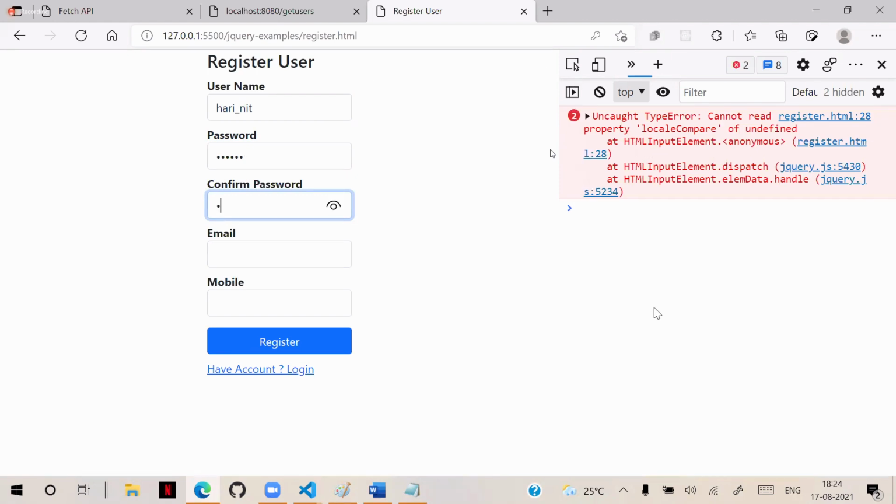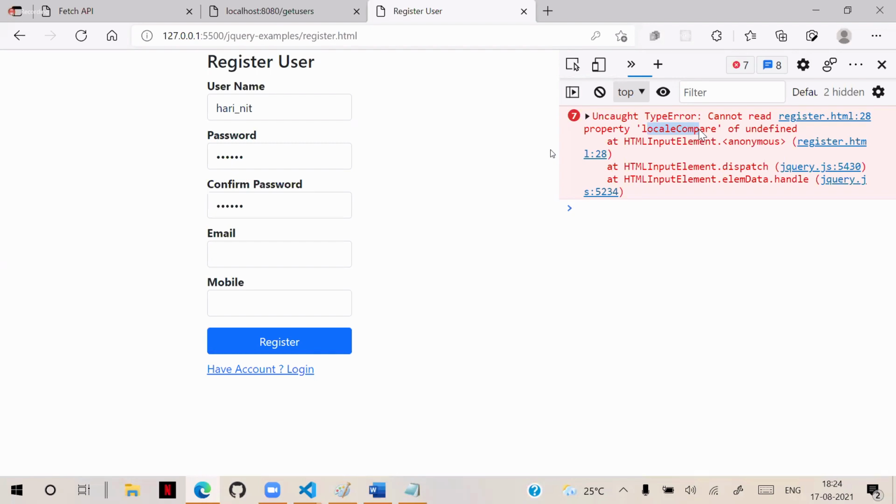Actually, here I am typing Hari 11, so it is unable to use this localeCompare. But actually, localeCompare is an available JavaScript function. The spelling is the same, no problem in that spelling. The values are the same, everything is the same.